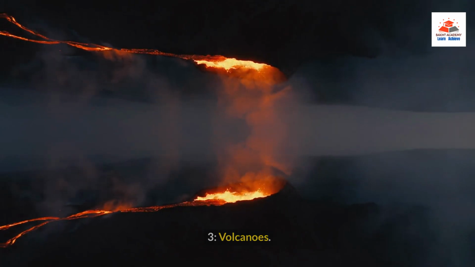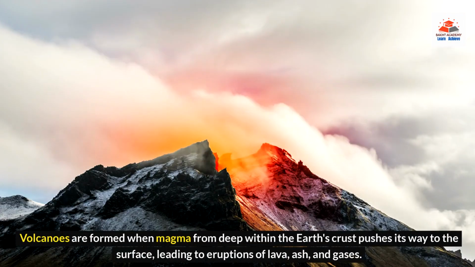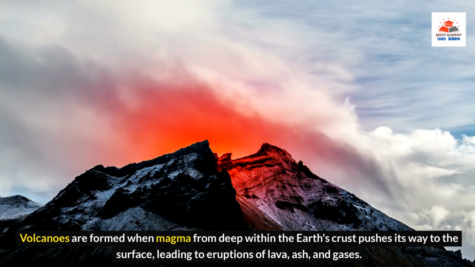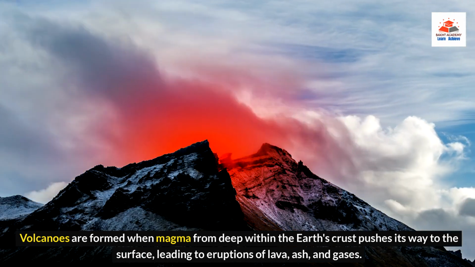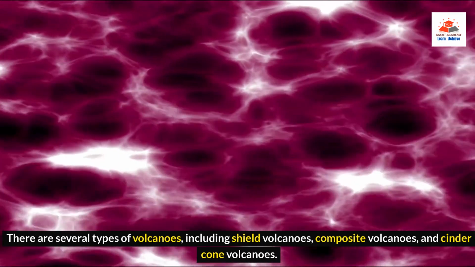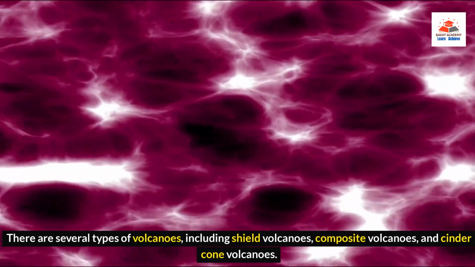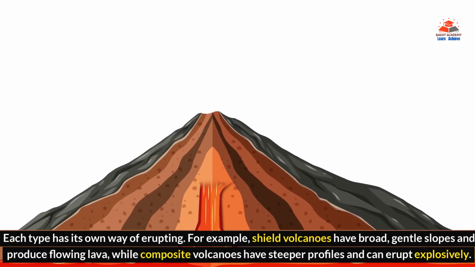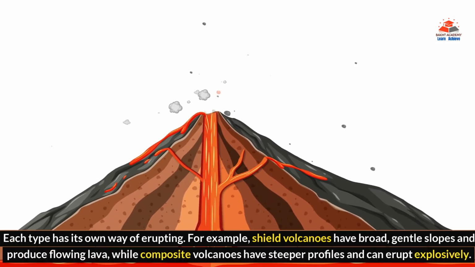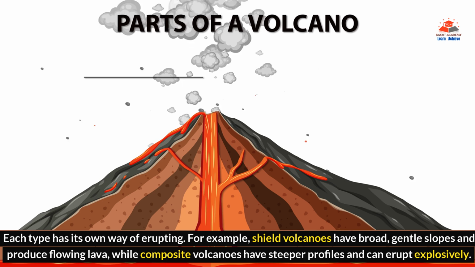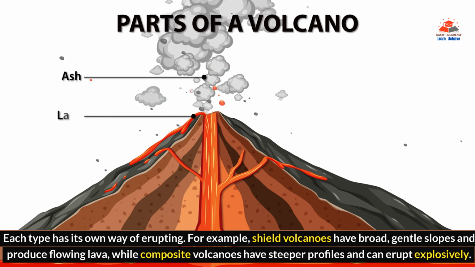3. Volcanoes. Volcanoes are formed when magma from deep within the Earth's crust pushes its way to the surface, leading to eruptions of lava, ash, and gases. There are several types of volcanoes, including shield volcanoes, composite volcanoes, and cinder cone volcanoes. Each type has its own way of erupting. For example, shield volcanoes have broad, gentle slopes and produce flowing lava, while composite volcanoes have steeper profiles and can